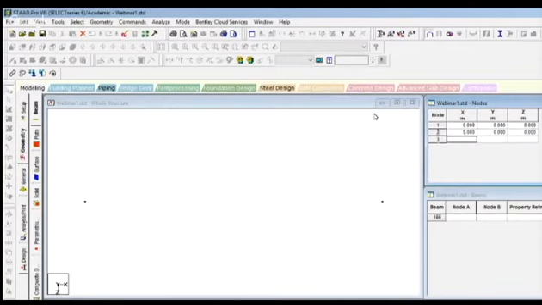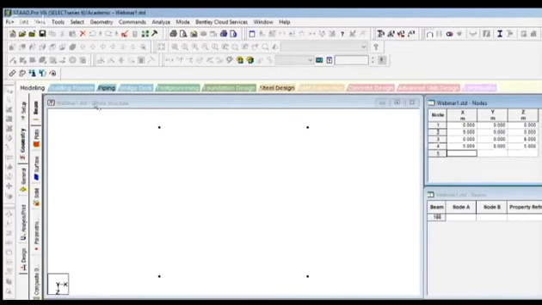Then we'll put our third coordinate as 0, 0, 5. Then at the last, the fourth coordinate will be 5, 0, 5. You can see 4 nodes are created, a distance of 5 meters from each other.